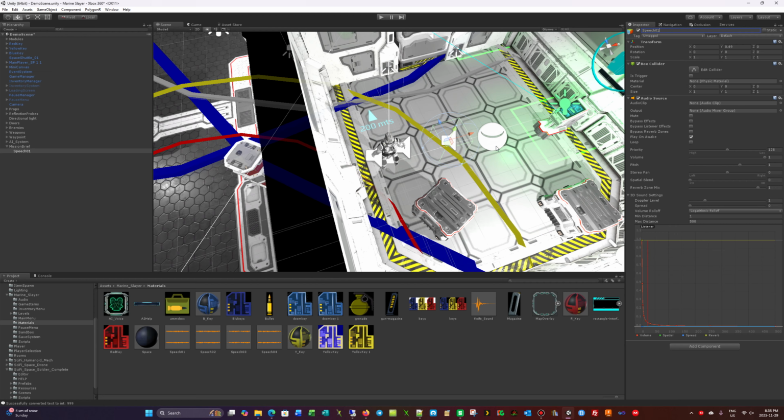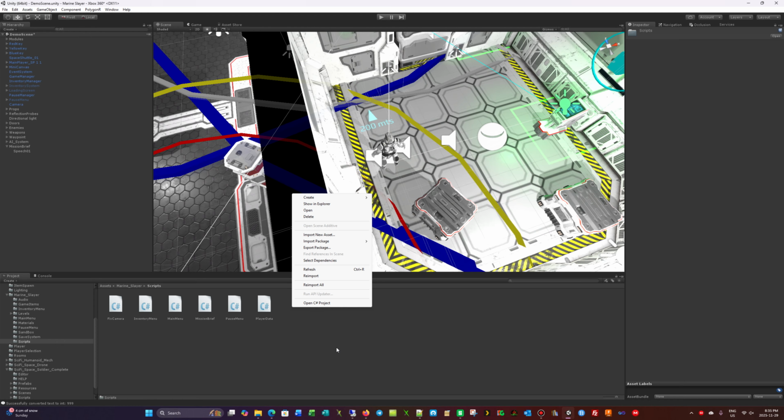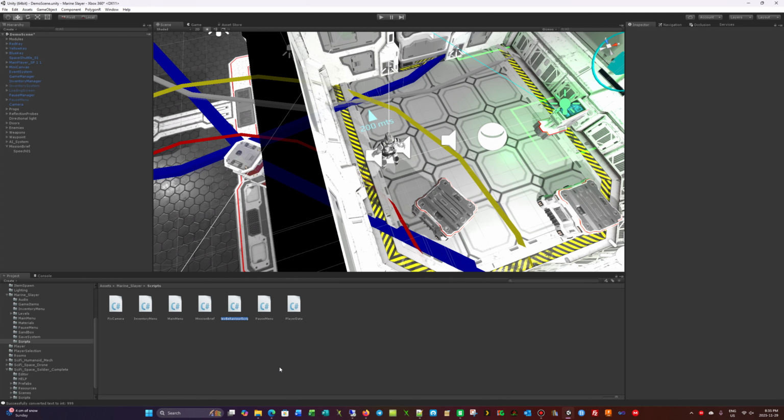Alright, so we're going to create a script that's attached to our mission briefing speech, and that's what we're going to use as the trigger. So we can put the audio in now and do the script after. It doesn't matter which one you do first. But we're going to create a script. So let's go to our script folder, and let's call this message to create, and let's call this